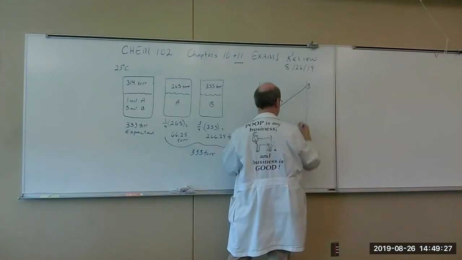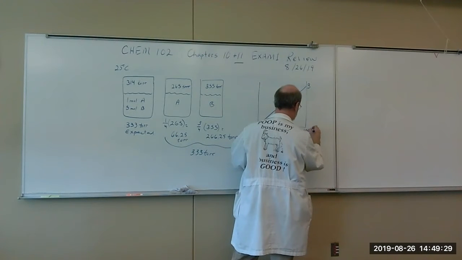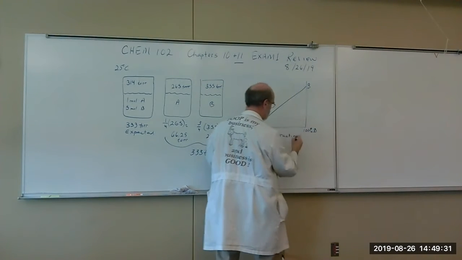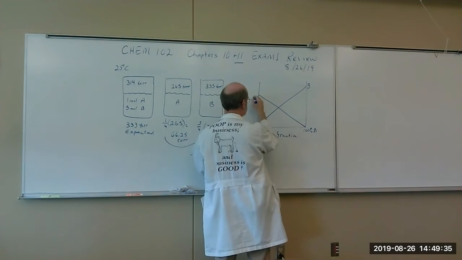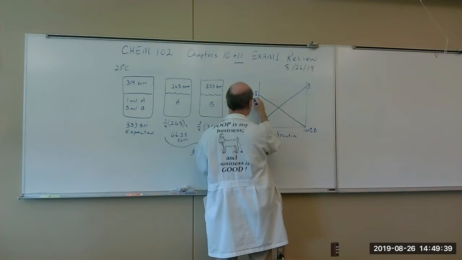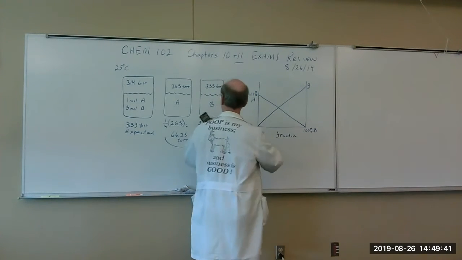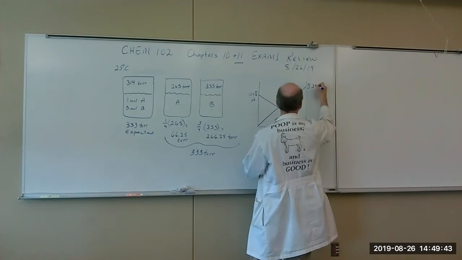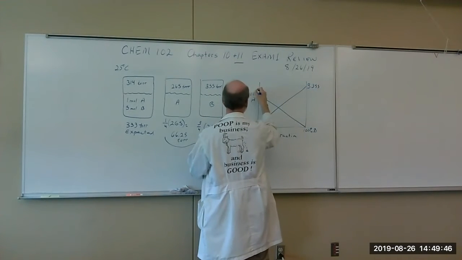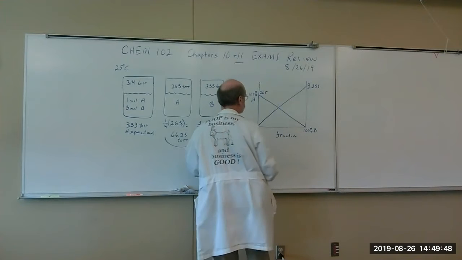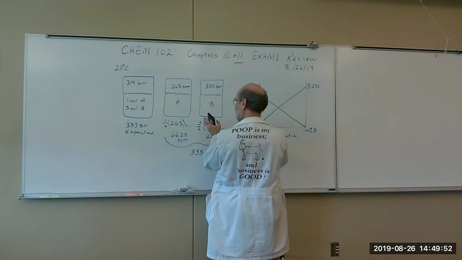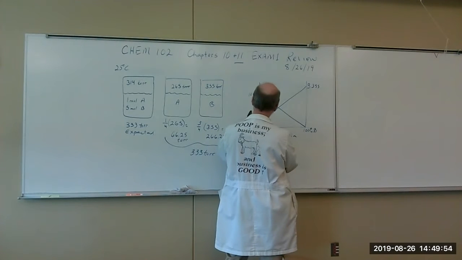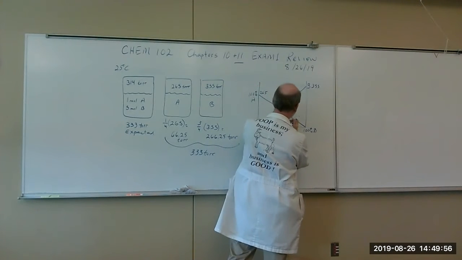That's B. This is 100% B. And this one, like that, this would be 100% A. Right? So this would be 355 if these were pure, and this would be 265. Right? But when you mix them together with A at the lower concentration, so A would be down here, B would be here,